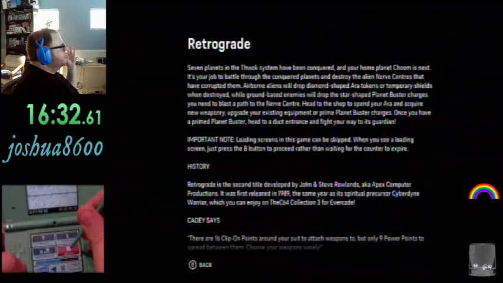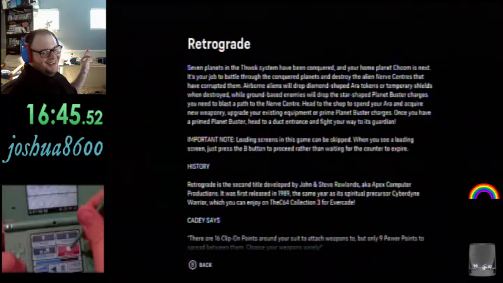There you go. Upgrade your existing equipment or prime planet buster charges. Once you have a primed planet buster, head to a duct entrance and fight your way to its guardian. Important note, loading screens in this game can be skipped. When you see a loading screen, just press the B button to proceed rather than waiting for the counter to